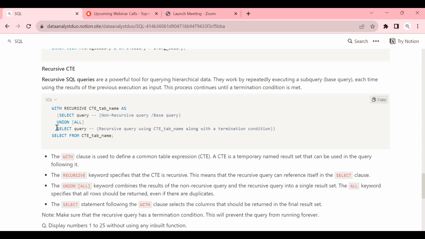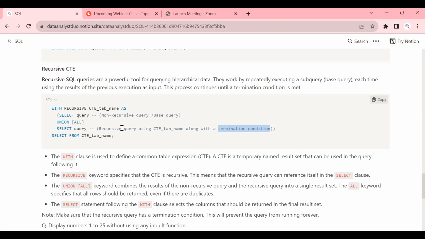And after that, you have to write a query with a termination condition. So you have to write a query on what will be the second step, and ensure that there is a termination condition. Once the termination condition is not satisfied, what SQL does is it again goes to this query, again checks for the termination condition. If it is not satisfied, then it again goes. Then it again goes. For people who know while loops in Python, understand that the condition has to be a finite